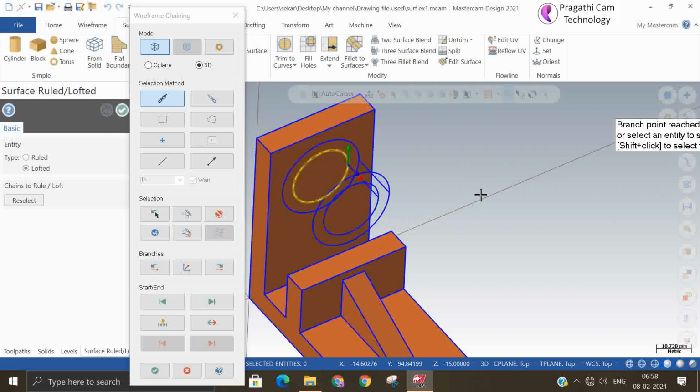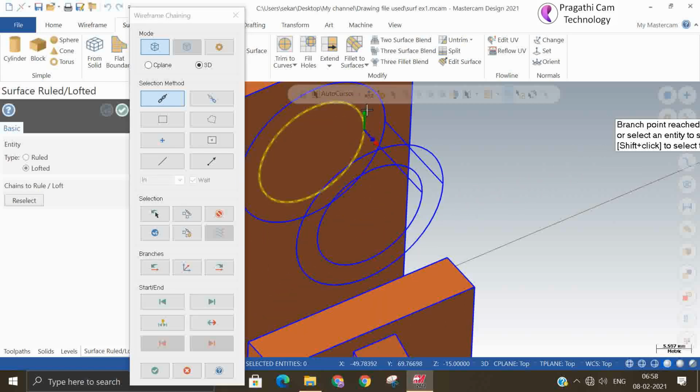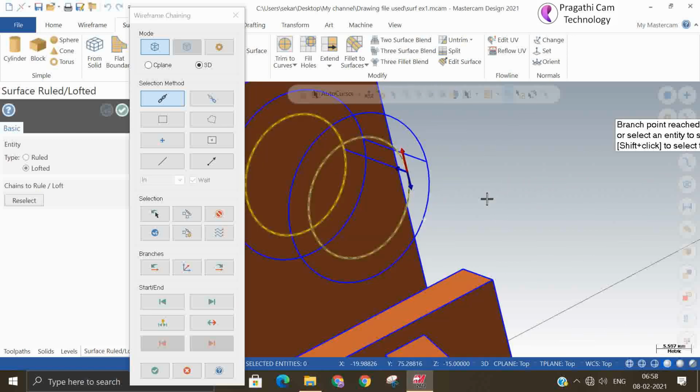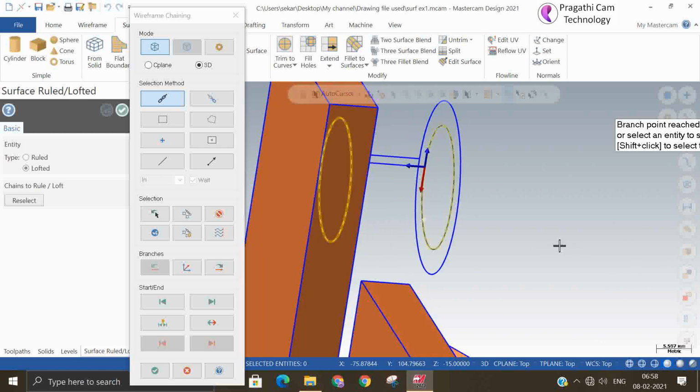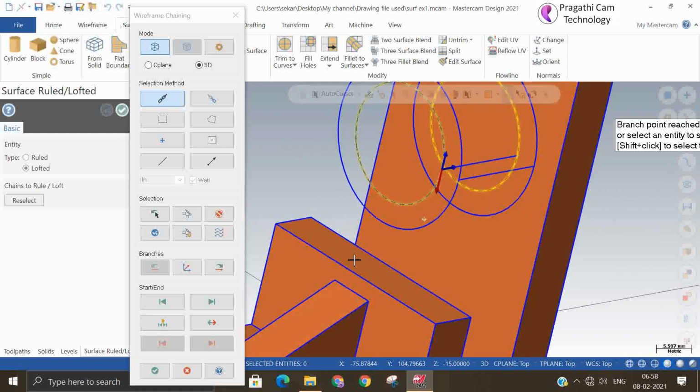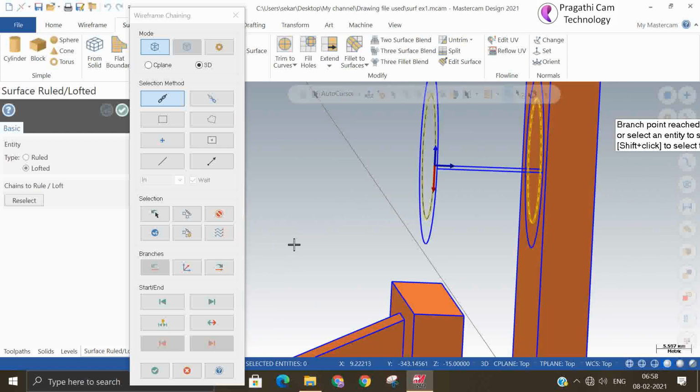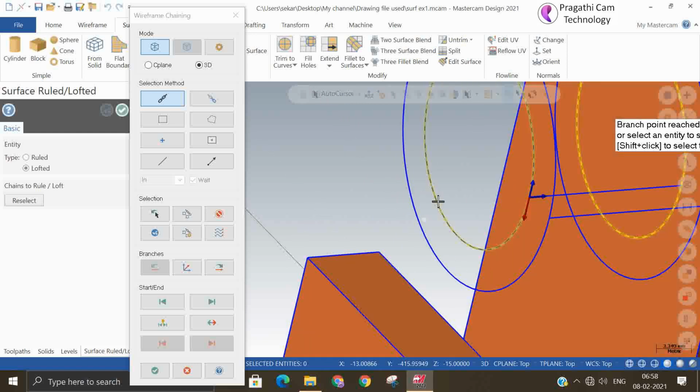Now the direction is green, it is above. Here also it should be above. Now it is down, so reverse it.